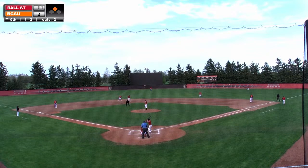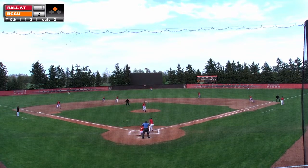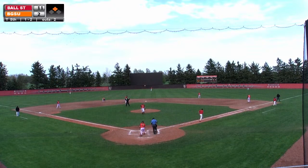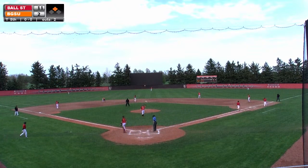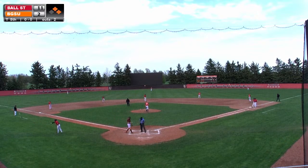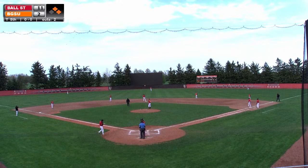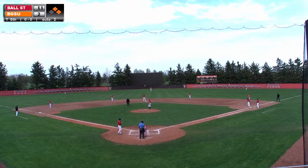McLean trying to end the 5th right here with a man at 2nd. 1-2 pitch. Oh, he came inside and way inside. And he hits Powell. So the Falcons have had 3 pitchers in this game, and each have hit a man. Peyton Wilson, Griffin Peril, and now Will McLean. So now 1st and 2nd with 2 outs, and